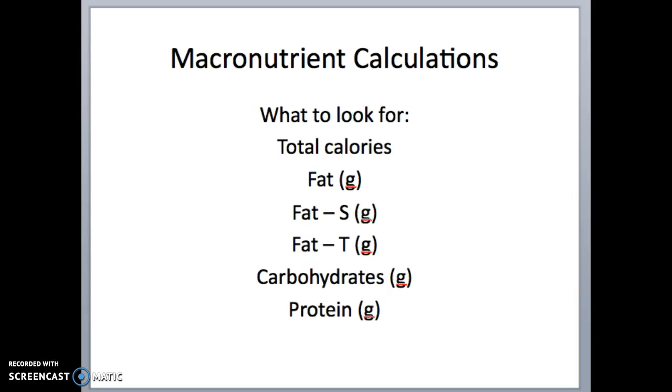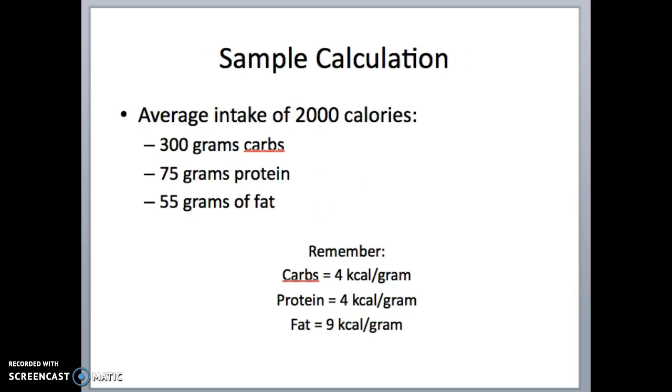So to get started on your calculations, I've just got an example up here. Let's say, for example, I consume an average of 2,000 calories. And of those 2,000 calories, I consume 300 grams of carbohydrate, 75 grams of protein, and 55 grams of fat. I'm using 2,000 because it's an easy number. Usually the calculations come out pretty even. And you just have to remember that for each gram of carbohydrate, I'm going to be consuming 4 calories. Same thing with protein. Fat, however, is a lot more calorie dense, so it's going to be 9 calories per